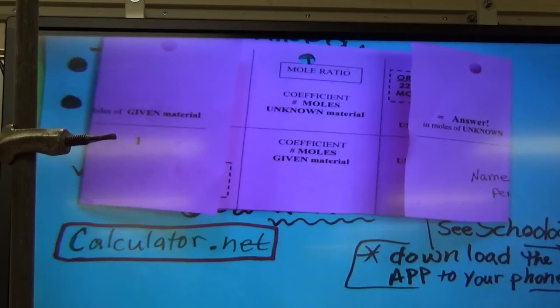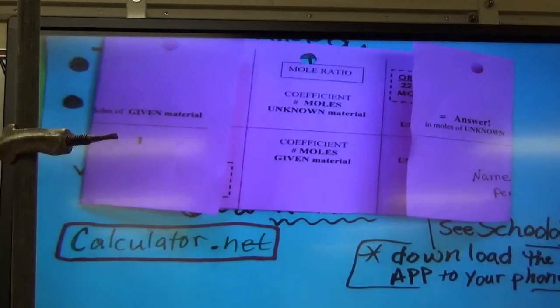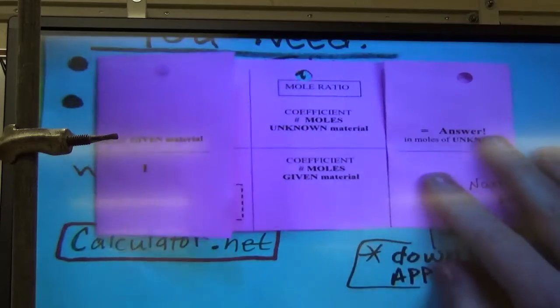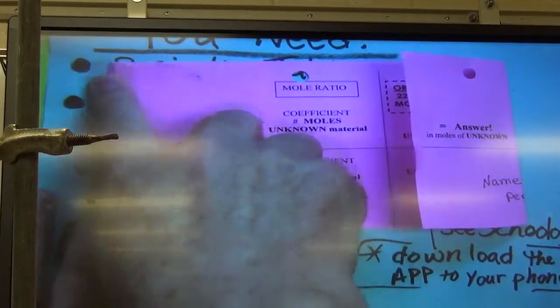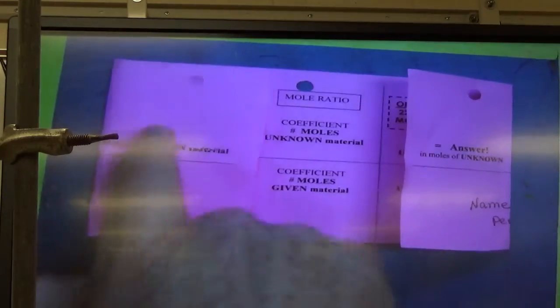Okay, so I'm teaching you how to use the foldable. Someone came in a little bit late, so we'll start this one again. If it's totally closed on both sides, you'll start with moles of